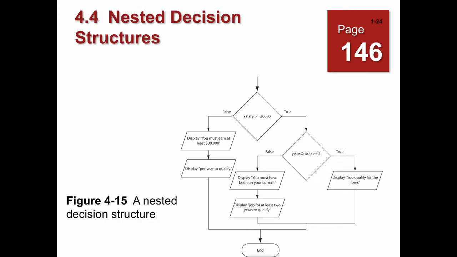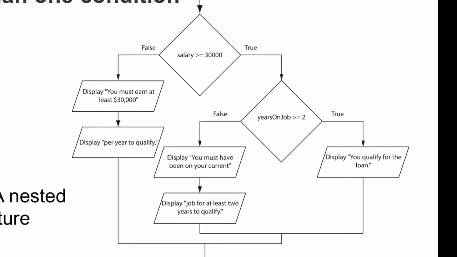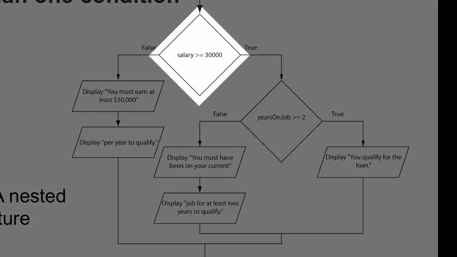Oftentimes you need to make more than one decision. So let's take a look at this. First of all, you'll notice that these decisions are nested. Notice the diamonds are nested. One follows the other. So let's just trace this through. We reach our first condition. It says if the salary is greater than or equal to $30,000,